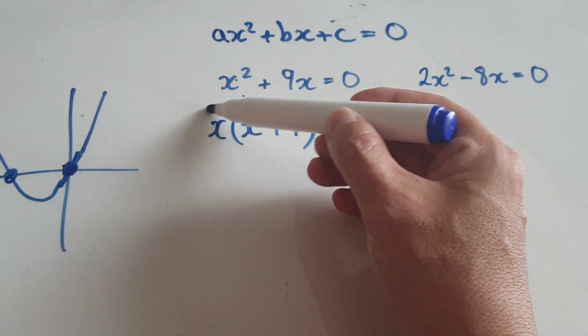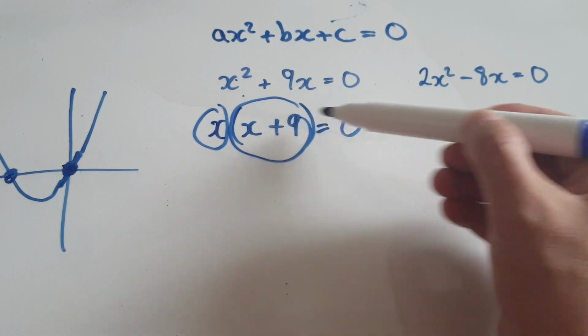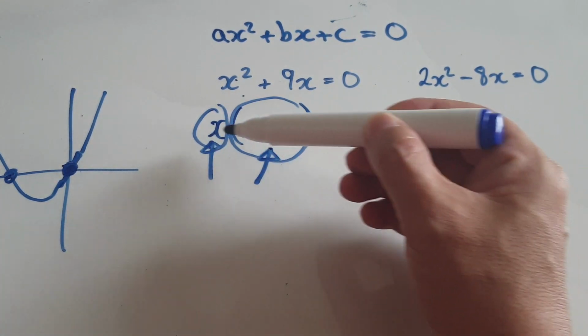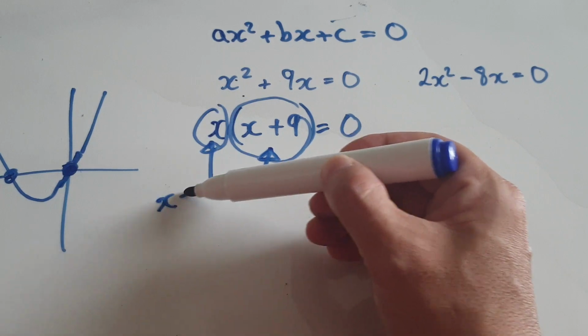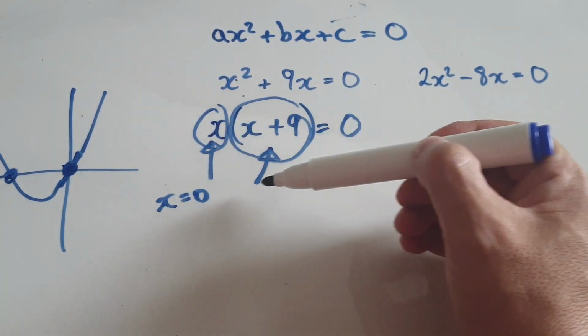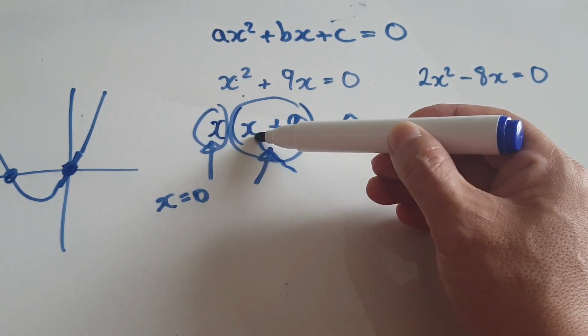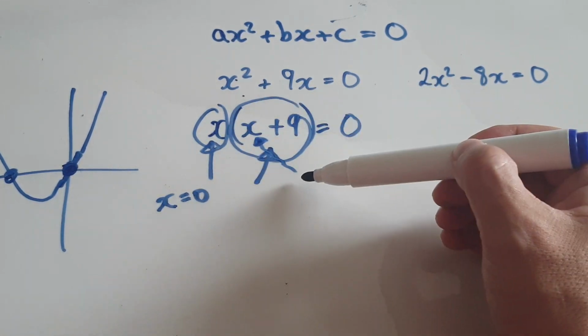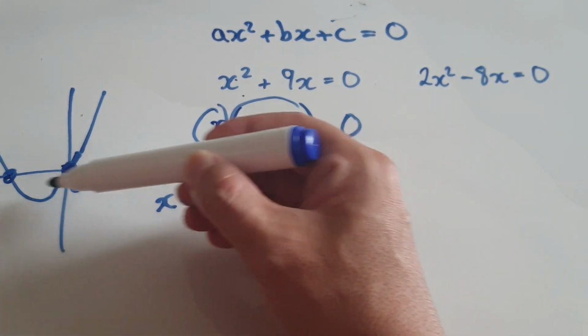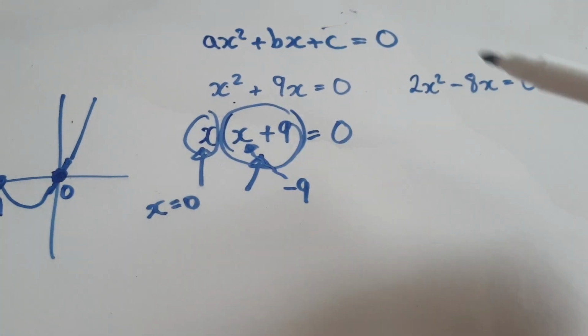So now you've got two bubbles trying to multiply each other to give you 0. Either make this bubble 0 or make this bubble 0. Well, if you say x equals 0, then that would be one solution, because 0 times whatever would be 0. And then what can you put into this x to make this bubble 0? You can put a -9 in there. It turns out that this here is 0 and this here is at -9. So for this one